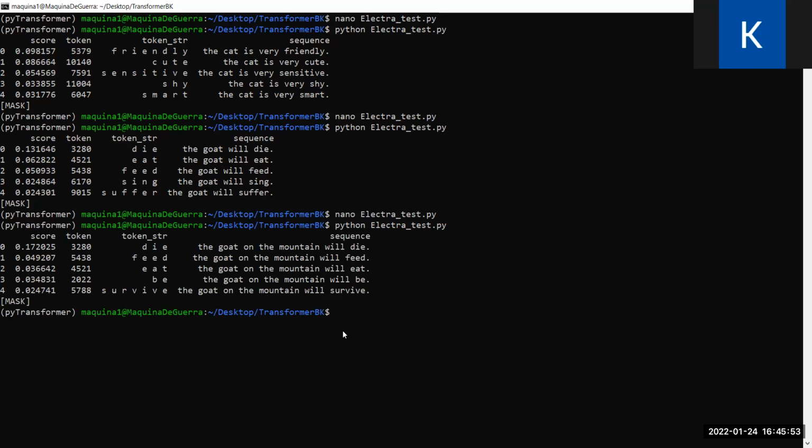Hey, it worked. So let's see. The goat on the mountain will die. Well, I guess because on a mountain you can die. Think about it. Although initially it had said that it would die. The goat on the mountain will feed, eat, will be. The goat on the mountain will survive. I like the last one. So it can't really make up its mind. But you see how this is interesting, guys.